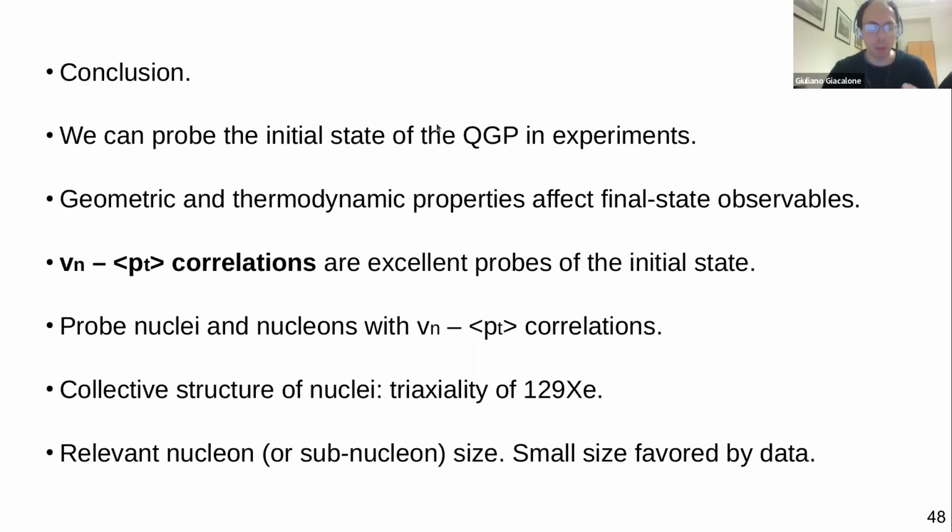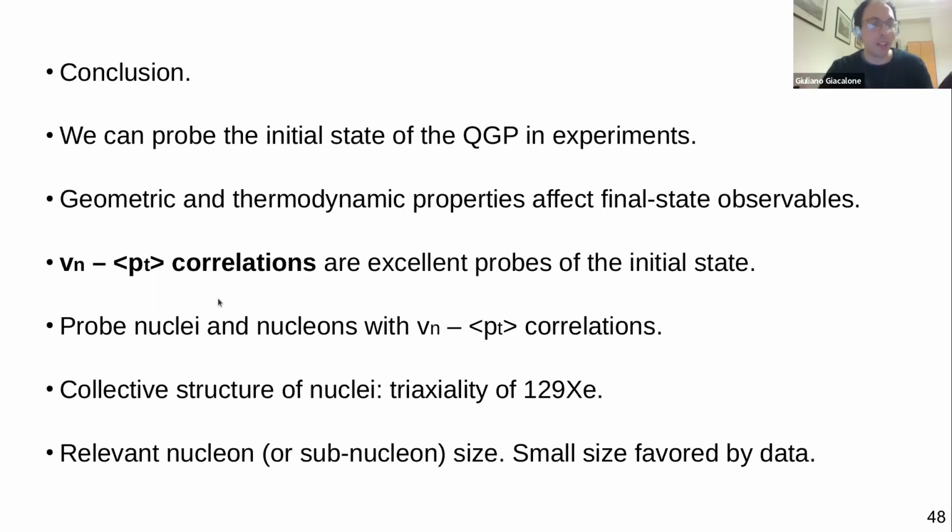The initial state of the QGP can be probed experimentally because geometric and thermodynamic properties are clearly seen in final state observables. The mean pT correlations are one example of such observables that are excellent probes of the initial state and its fluctuations, and they're affected in a very non-trivial way. And you can use them to probe nuclei and nucleons in ions and hadrons, if you want,